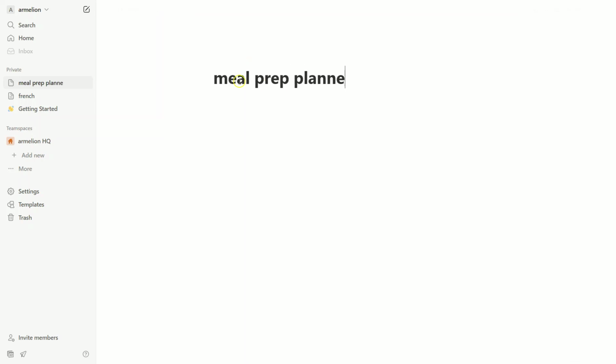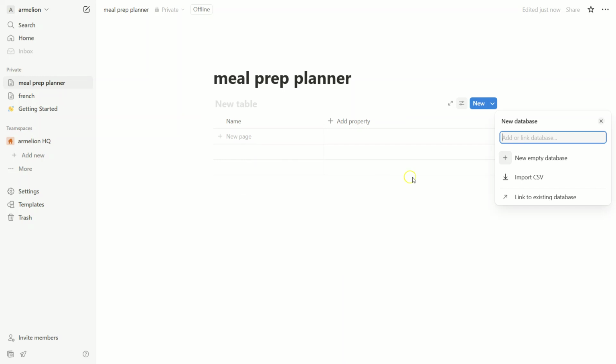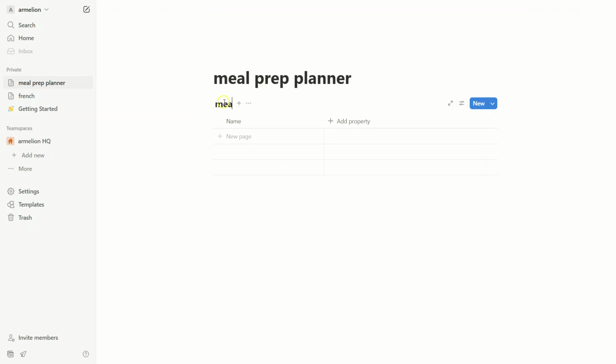Once you've created your page, let's set up a table database. You can do this by clicking on the plus Add a Block button, then select Table Full Page. Now, why is this important? A table database allows you to track your meals for each day, along with ingredients needed and prep time, all